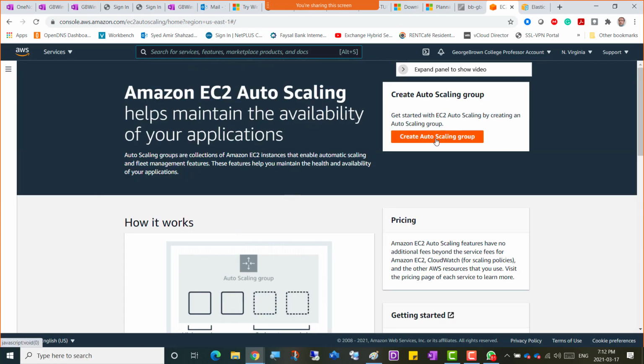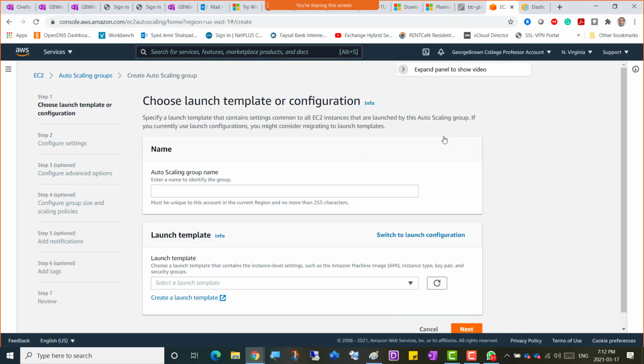Okay, let's click that, create auto scaling group. I'm going to click that now. It starts a wizard, and you can see there's a step 1, step 2, step 3, 4, 5, 6, 7, right? So let's go first of all for the name, and you guessed it: your first name dash auto scaling group. Once you have put in that name,